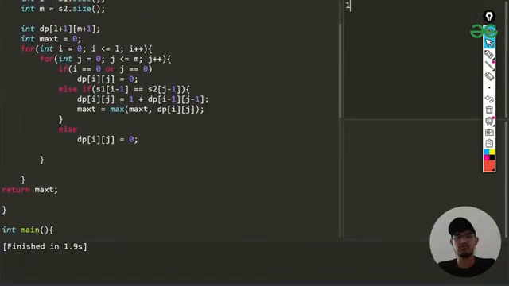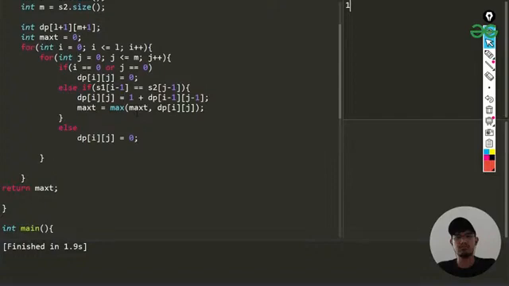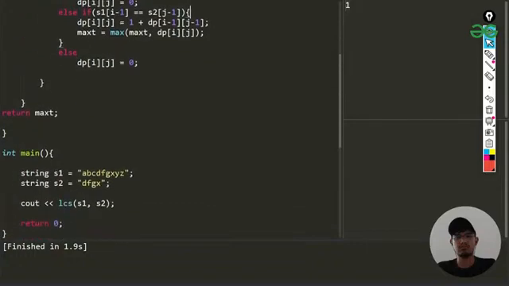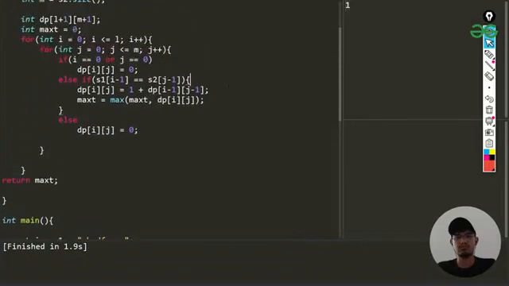So I just need to see why we are getting 1. It should actually be returning us the maximum value. So why is it showing us 1?